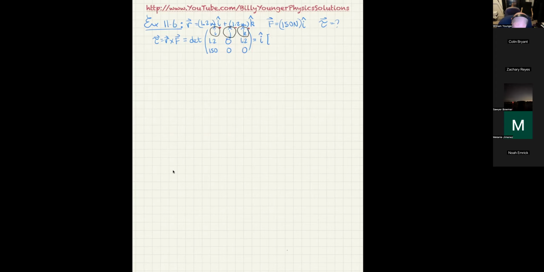So I write that 0 times 0 minus 1.2 times 0, and that just gives me 0. Now I'm going to do J, but remember, J is the one that has that -1. So to account for that -1, I'm going to do my determinant backwards. Instead of multiplying from top left to bottom right minus top right to bottom left, I'm going to do it